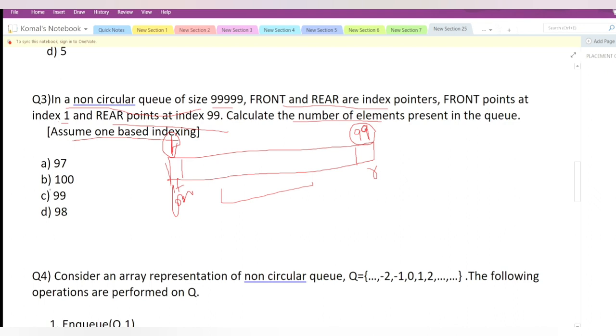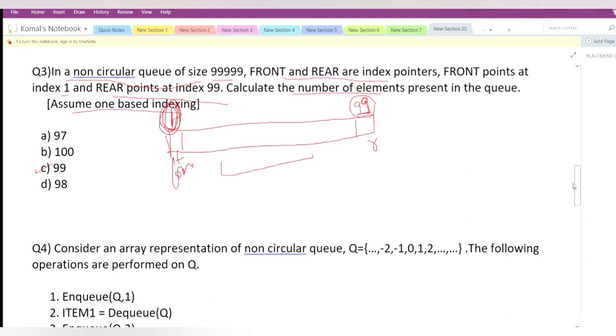Many of the students would have marked 100, I know, because they think it starts from 0. If it is from 0 to 99, then there will be 100 elements. But you have to keep the indexing in mind: if it starts from 1, then the number of elements will be 99 only. If it is 0, then it will be 100.